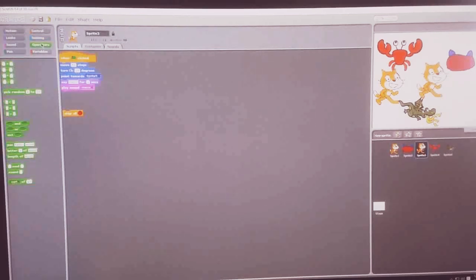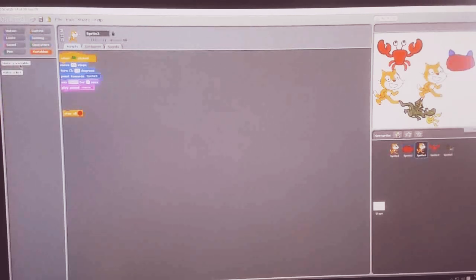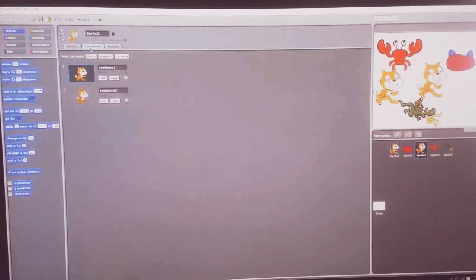Operator options are there. You have plus, minus, multiplication, division symbols, and variables are there to make. You can make your variables. Here another costumes option is there. You can edit your costumes. You can use paint.